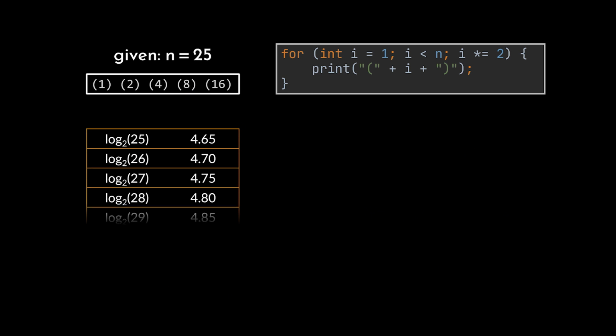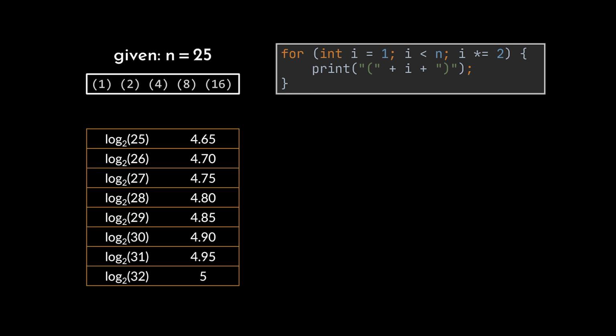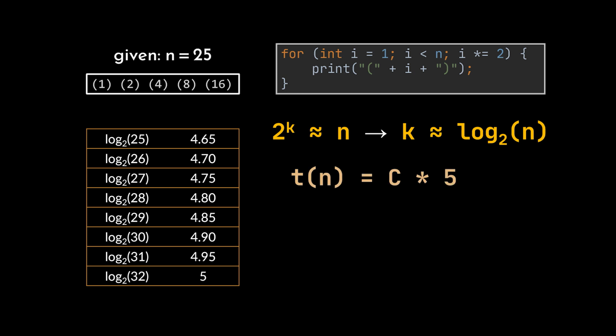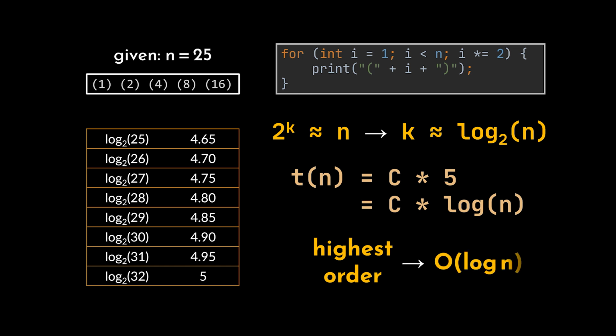Since k denotes the number of iterations, we can verify this result in our example. The ceiling of log base 2 of 25 is equal to 5. The same applies to the numbers all the way to 31, and until we reach 32, our breaking number, which is exactly equal to 5. But now you may be asking, if k is equal to log of n, what would the complexity be? Well, we previously established that the time complexity for this example is 5 times the time needed to execute a single iteration, which is equivalent to k times a constant independent from n, which is also equivalent to log of n times c. And since the complexity denotes the highest order value in a function, our complexity here will be